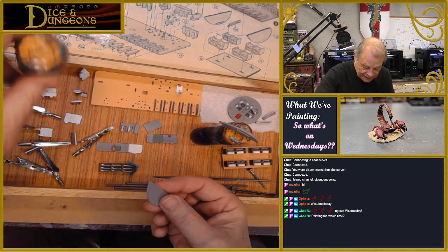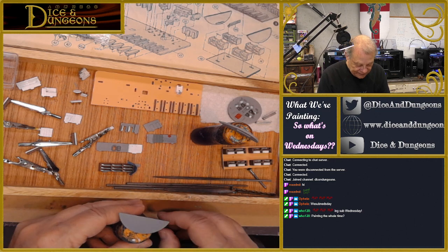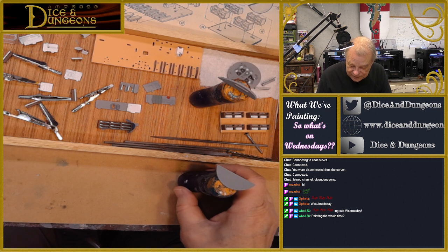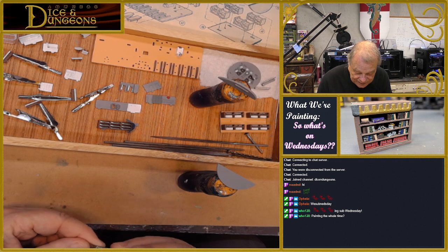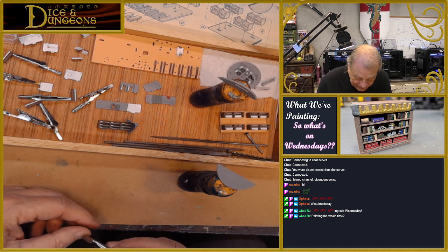So I'll put this on one of these as well. I'll be painting this side of it. And I'll be able to use this brush, a fairly nice, big, soft bristled brush. No, I won't be painting the whole time. I'll be painting a lot of the time, though, including some attempts to do really fine detail, like on the